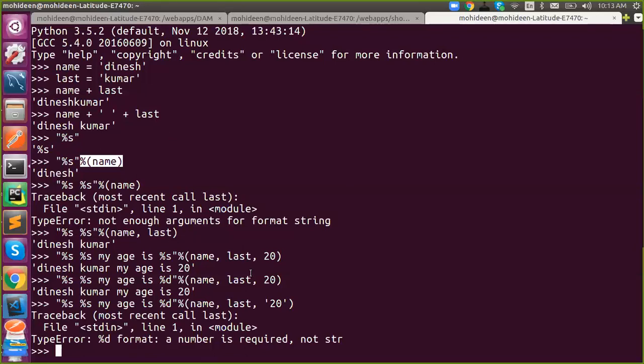And we'll see the additional properties which are available for this. Here we can do something like that. So what happens? This will allocate 10 spaces for the string. So for example here, your name, Dinesh, will be assigned. Dinesh contains 6 characters, but here it will allocate a total of 10 spaces. Within the 10 spaces, these 6 will reside.